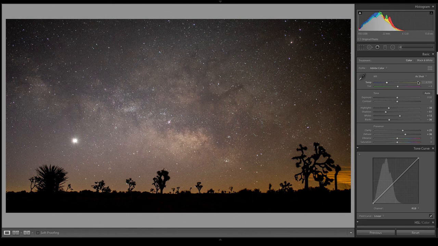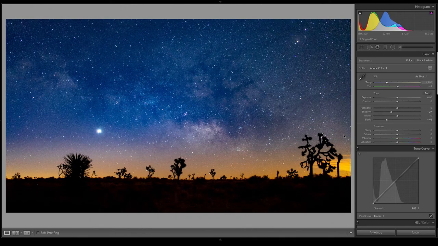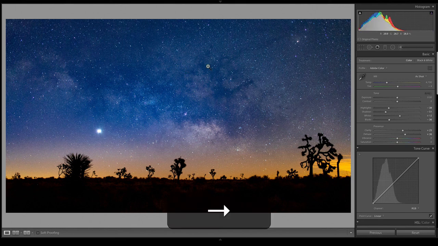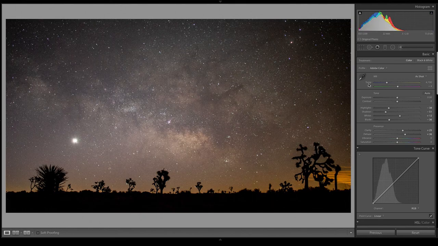Now, the next thing I want to do, if we see the edit that I had previously done, which now when I look at it looks almost too edited, and that's one thing. It's always good to go back and look at your photos after a while because this looks a little bit too edited to me, but I do want to add some color to the sky. Right now, the sky is this sort of gray, blah color.